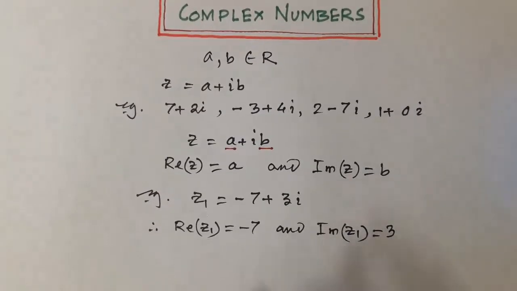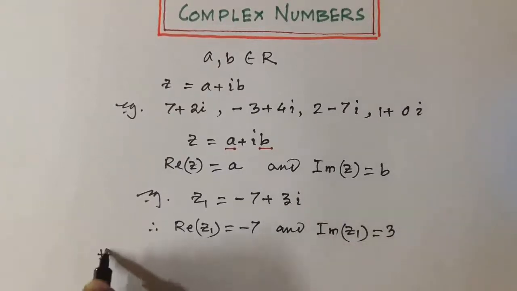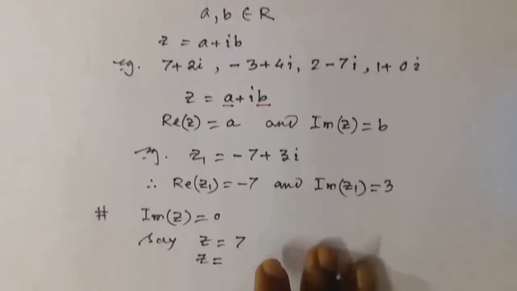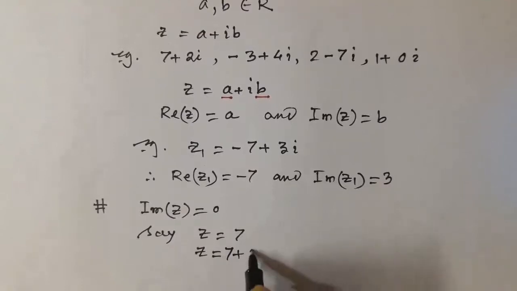Now a complex number z is purely real if the imaginary part of the complex number is equal to 0. Say z is equal to 7. So here we find that this z can be written as 7 plus i into 0. So since the imaginary part of this complex number is equal to 0, z is equal to 7 is